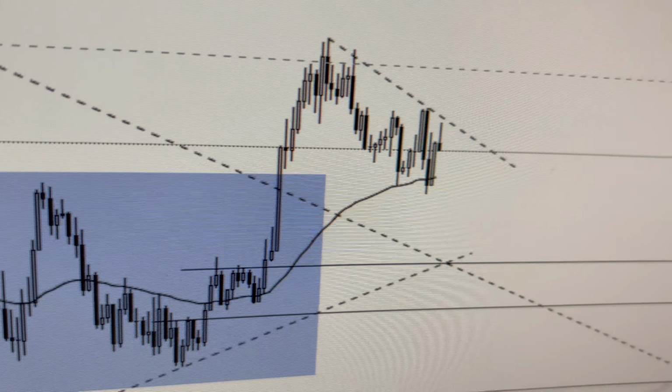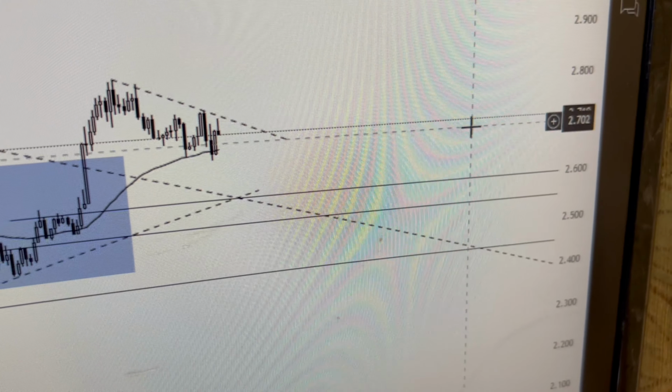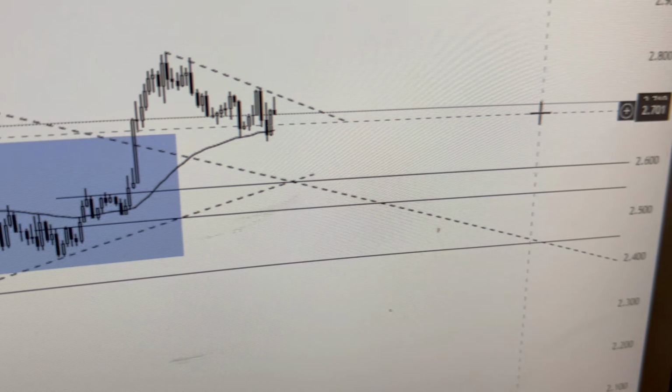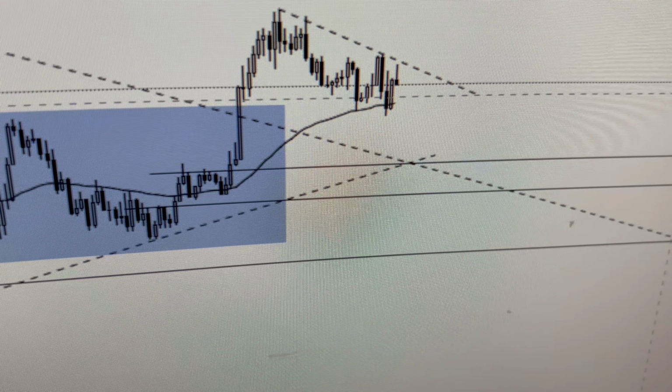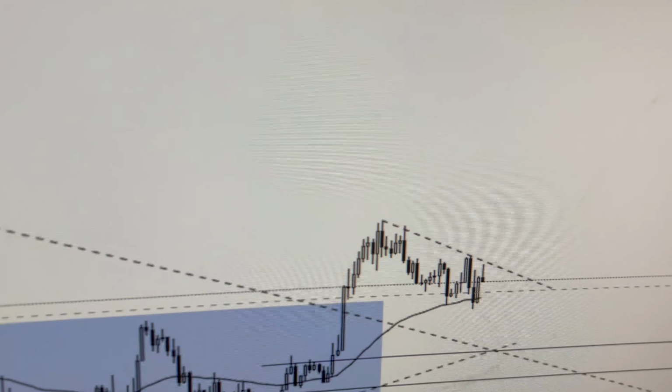So ChatGPT was saying that we should long when price retests 2.700, which is around this place. Yeah, 2.700 is around this place. Price just gets here. I don't think there's a big rejection here, but I will still wait for confirmation. So that's what we are waiting for now.